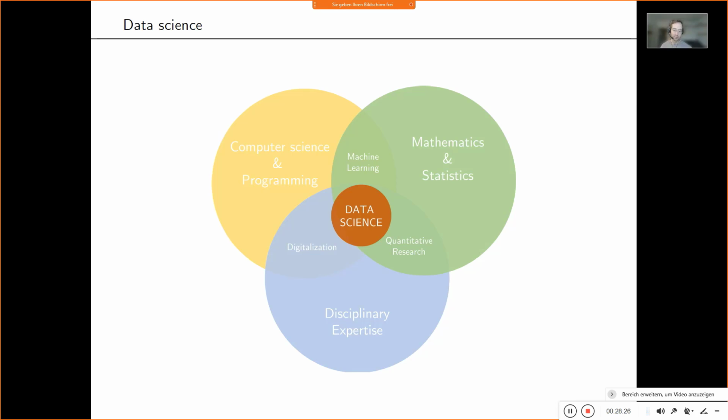And in general, although there are good reasons to also do qualitative work in the sciences, so not the humanities, there is also a strong interest in quantitative research, which is then the realm of mathematics and statistics. So in between all of this, that's where data science sits, or that's what I call data science. Let's say like this.